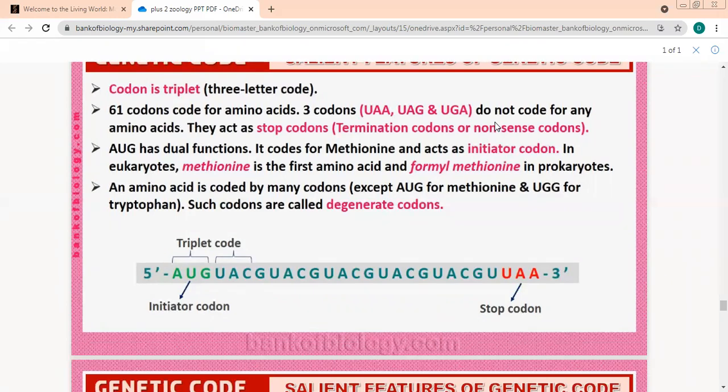UUC. Ayush, try. Is it correct? Yes, children. Speak, Ayush.